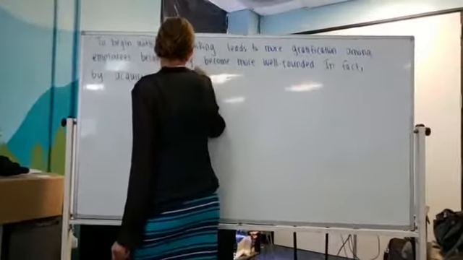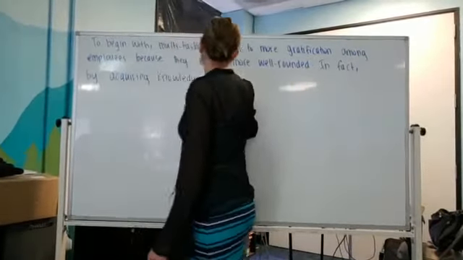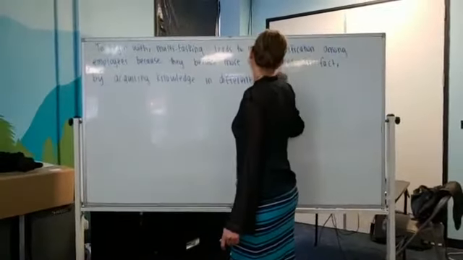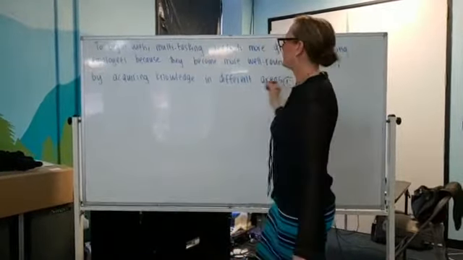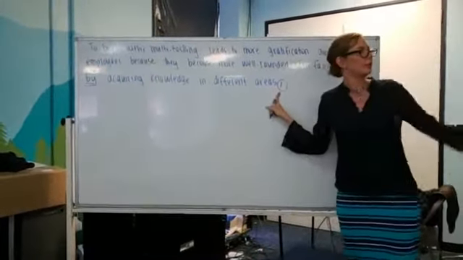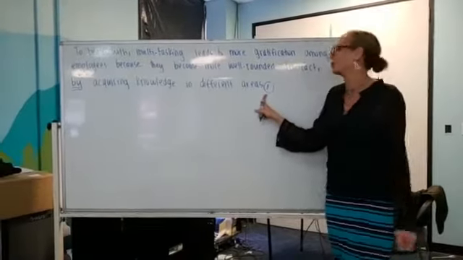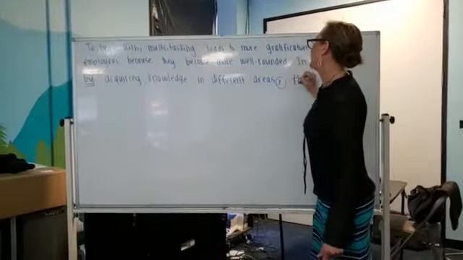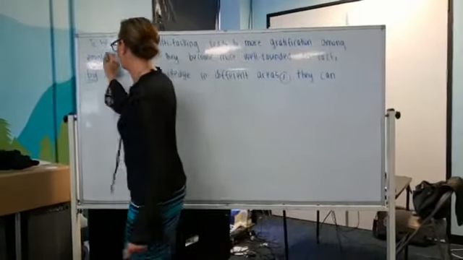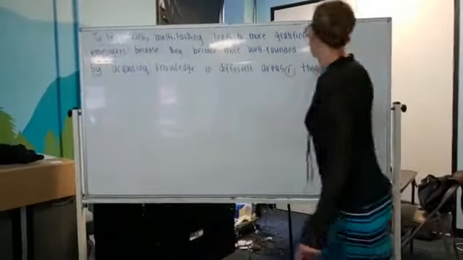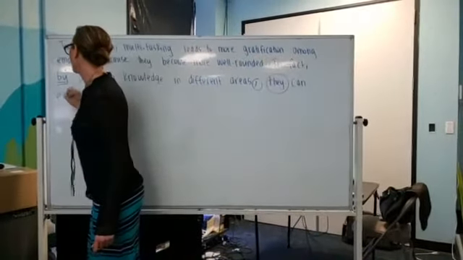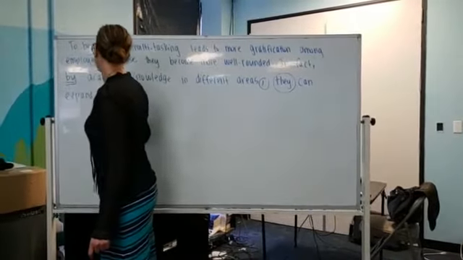By acquiring knowledge in different areas, comma. Remember, if we start with "by," we need that comma. By acquiring knowledge in different areas, what happens? They expand their perspective. They can... Do I have to repeat employees? No. If I have employees here, I should use a pronoun here, so I'm not repetitive. They can expand their perspectives